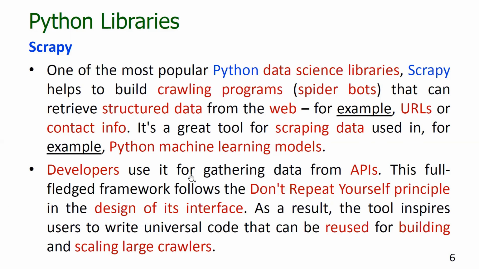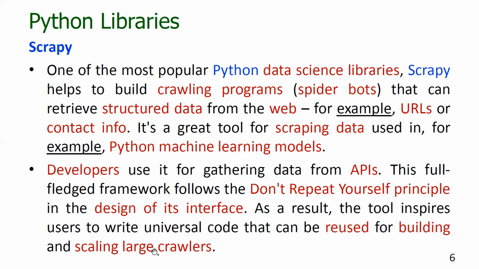Developers use it for gathering data from application programming interfaces. This full-fledged framework follows the don't repeat yourself principle in the design of its interface. As a result, the tool inspires users to write universal code that can be reused for building and scaling